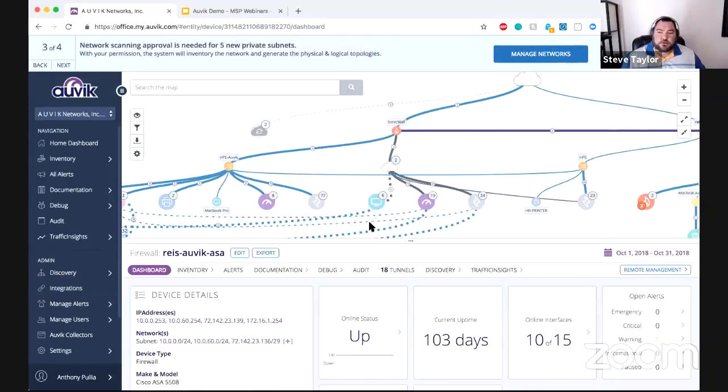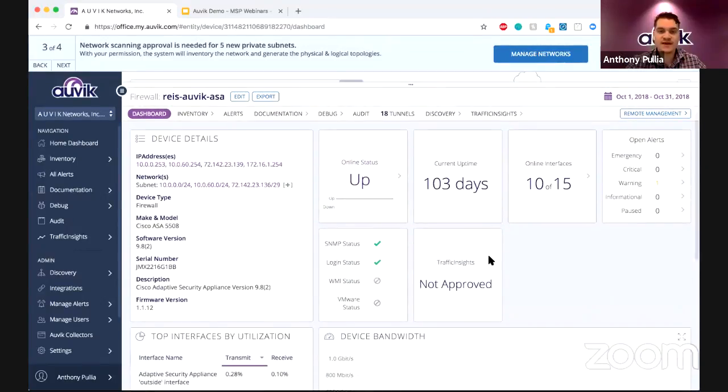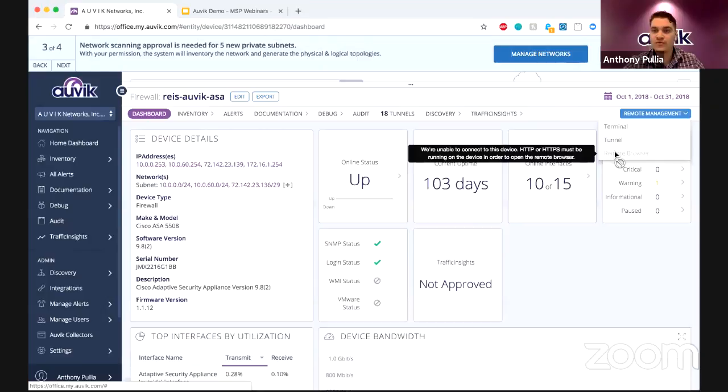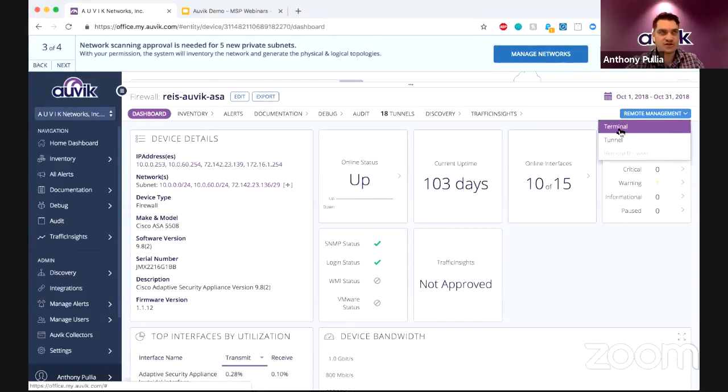Thank you. Okay, perfect. So when it comes to the management aspect of the uptime and whatnot, of course, you can get this within your traditional RMM by being able to remote into the device. The main thing with Auvik is that's just not something we find to be overly scalable when you have multiple environments, multiple devices that you need to keep these remote sessions going into. So you'll notice here in the top right corner, there's actually this terminal option or the remote browser function if the device should leverage a GUI,